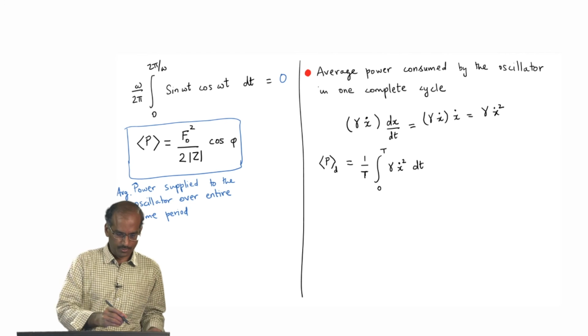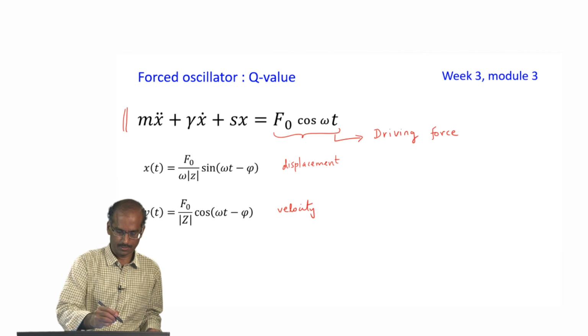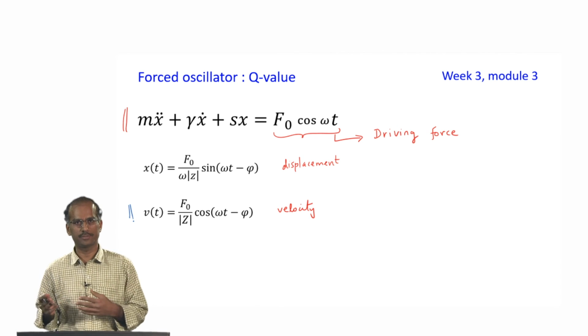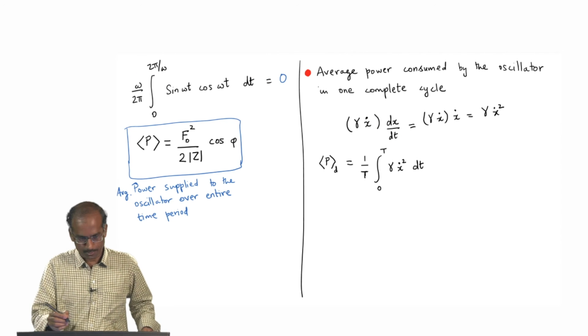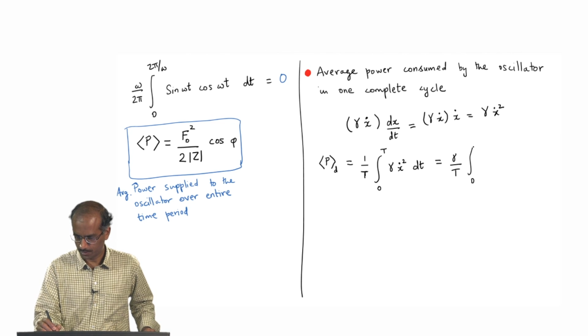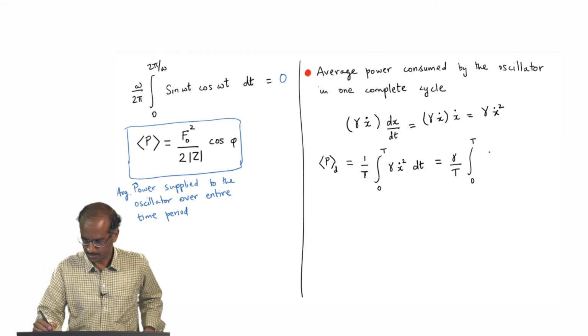X dot is something we already know. X dot is simply the velocity which is given here. We just need to plug in this expression for velocity, do the integral, and we should be able to get it, which is what we will do now. And so, I will have gamma, I can take out, integral 0 to t, x dot square,